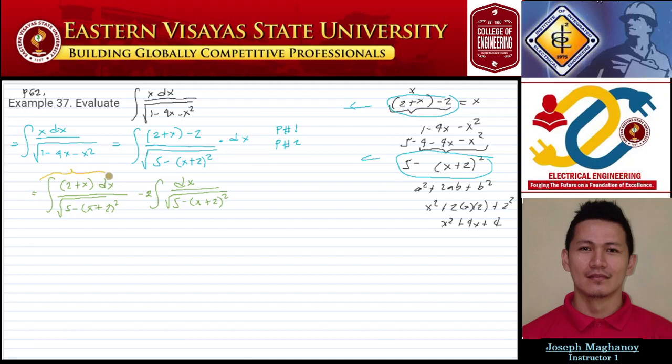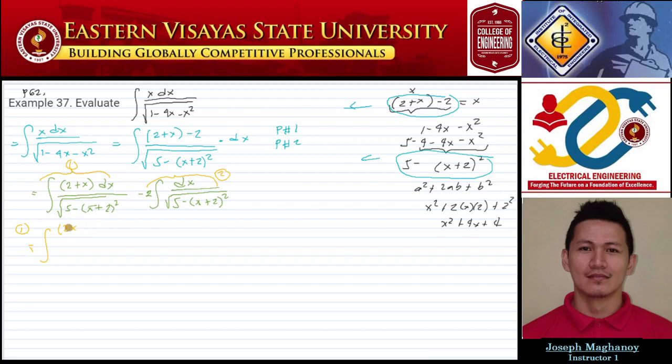Start here first with 1, and this is our 2. Start here with 1. Okay, we can eliminate the radical in our denominator. We can rewrite our first part as